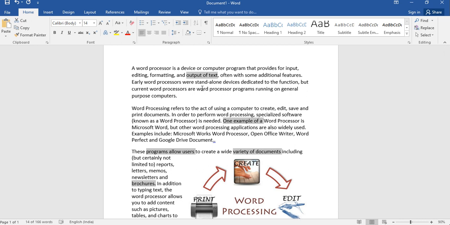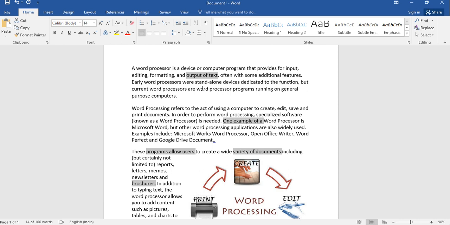So today we learned the different ways of selecting text in the document. If we want to select the whole document, we press Ctrl plus A. If we want to select a single word, we double click with the mouse on the word.